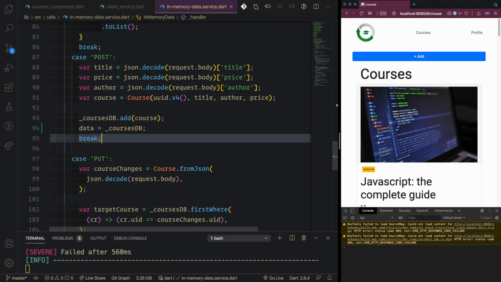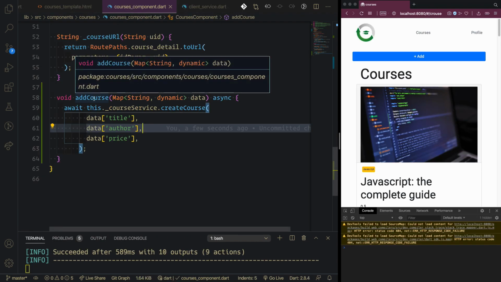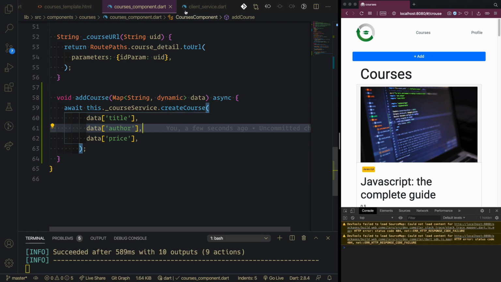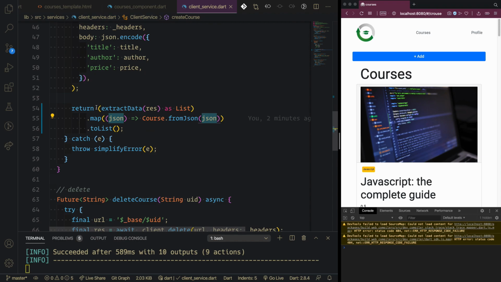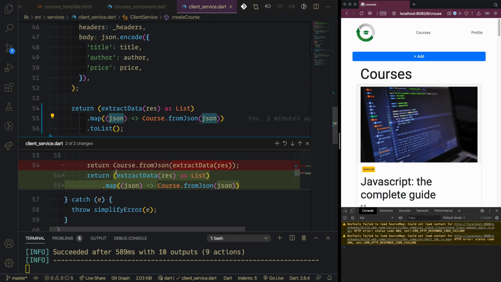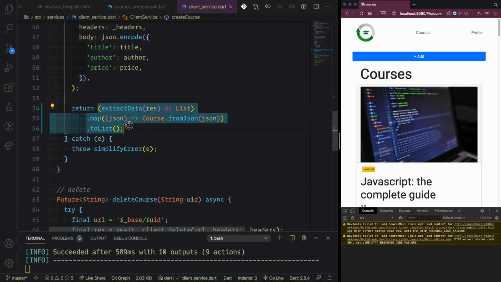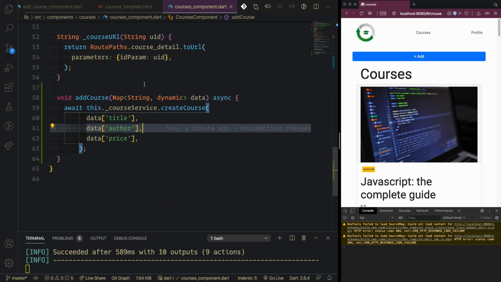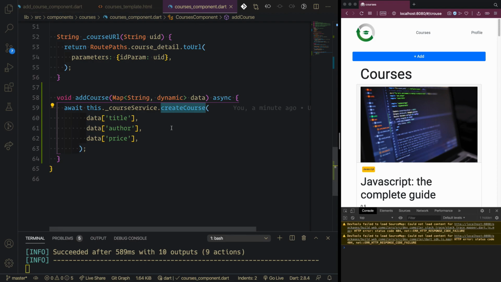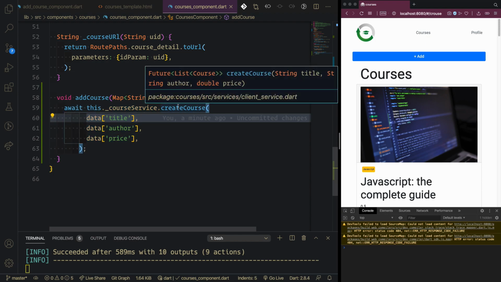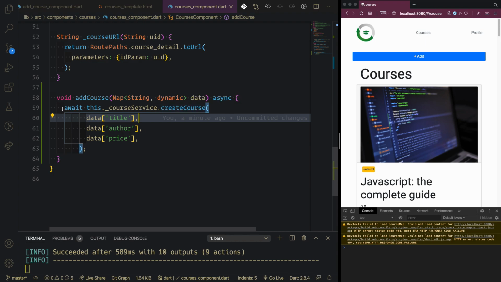So I'm going to go back, and then we retrieve the courses here inside. If we go to the client service and say add course here, so we don't return anymore. Before it returned course JSON, but actually I'm retrieving the whole courses again. And inside the create course service or courses component, now we have this one, which will create the course, but this one now won't return a course, it will return a list of courses, so we can assign it